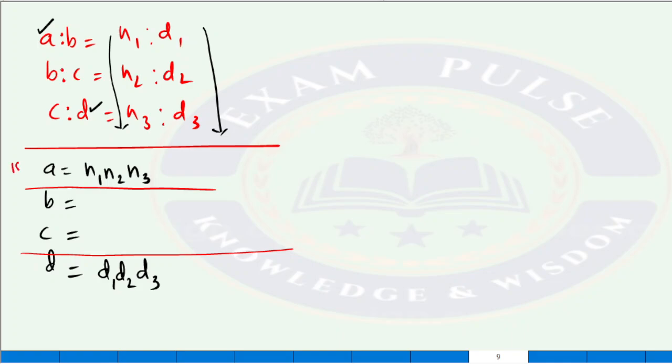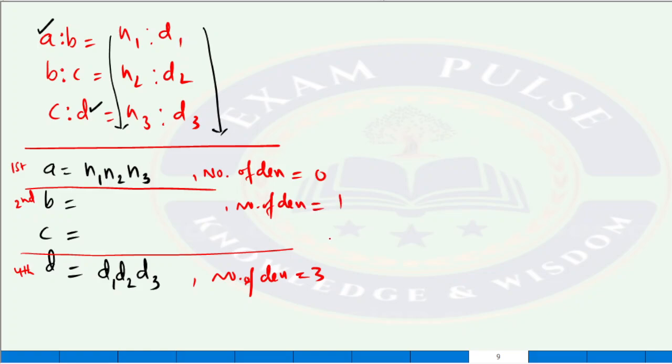See, this is the first step, this is the fourth step. Now in the second step, see in first step how many denominators are there? ఇది ఒక చిన్న హింట్. Number of denominators 0. In the fourth step, number of denominators 3. Means in each step number of denominators will be 1 less than the step. Therefore second step, number of denominators ఎన్ని ఉండాలి? 1 ఉండాలి. చిన్న హింట్ ఇది అంతే. Therefore, ఆ 1 కూడా ఎక్కడ ఉండాలి? Where that 1 should be? At the first place.